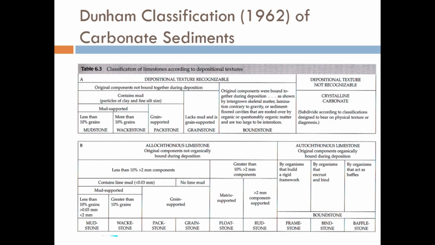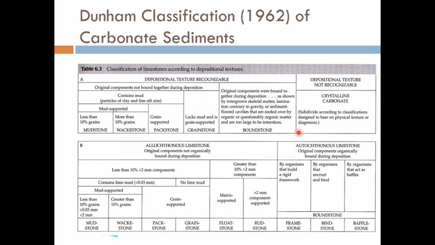So that is during deposition or after deposition, kind of like diagenetically, the rock gets recrystallized. And then you cannot recognize the original texture so well. Right? Here's my point. So this is textural, but it starts to get recrystallized, but the textures are still recognizable. So we're sticking with the original Dunham classification,